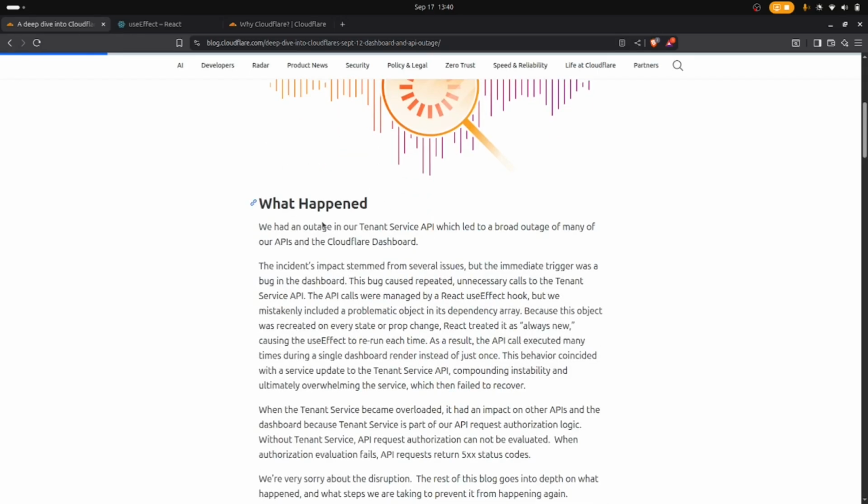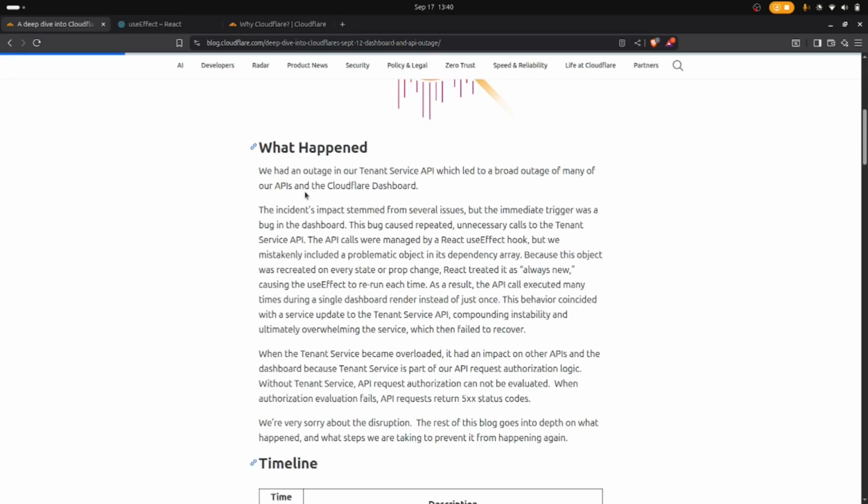So okay, what happened? We had an outage in our tenant service API, which led to a broad outage of many of our APIs and the Cloudflare dashboard. The incident impact stemmed from several issues, but the immediate trigger was a bug in the dashboard. The bug caused repeated unnecessary calls to the tenant service API. The API calls were managed by a React useEffect hook, but we mistakenly included a problematic object in its